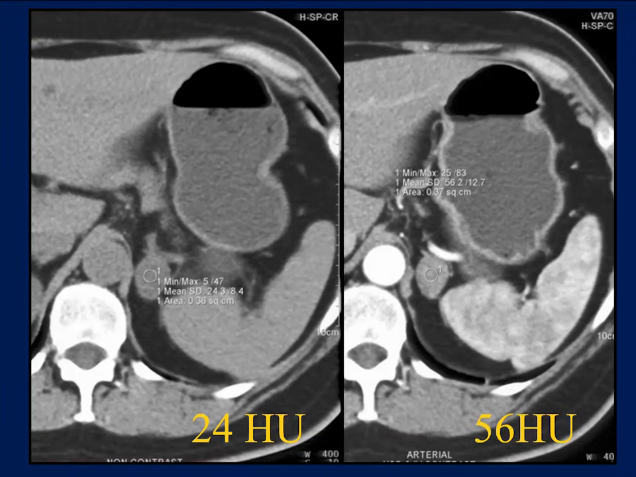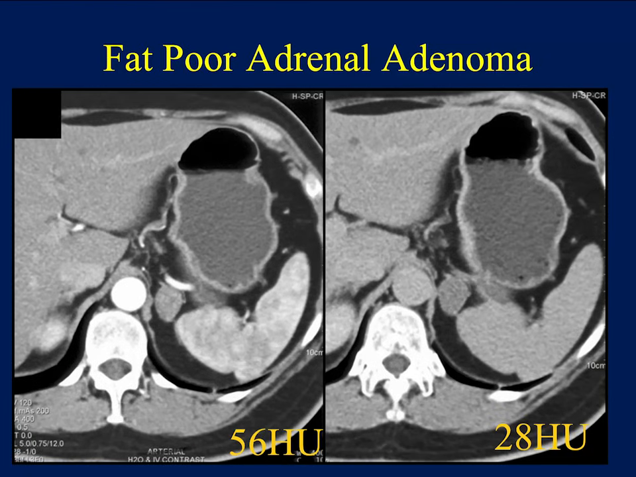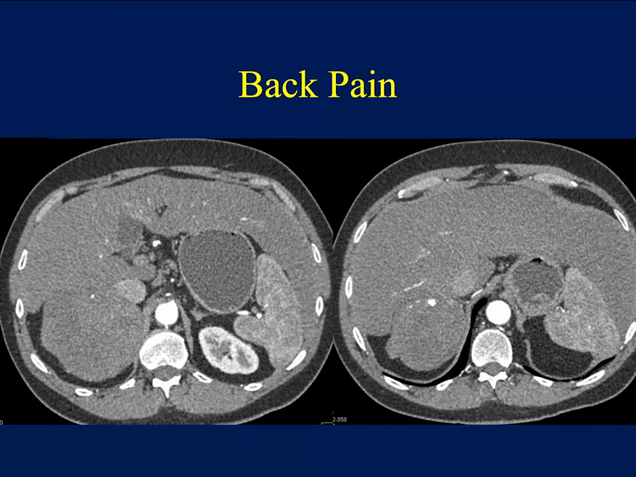And here's a good example. You look at the adrenal, 24 Hounsfield units non-contrast. At 60 seconds, it's 56. And at 15 minutes, it went down to 28. Greater than 60% washout value. This is a fat-poor adrenal adenoma. Nice example. Now, we mentioned that 4 centimeters or less,